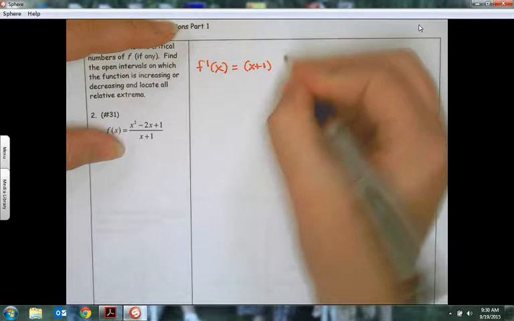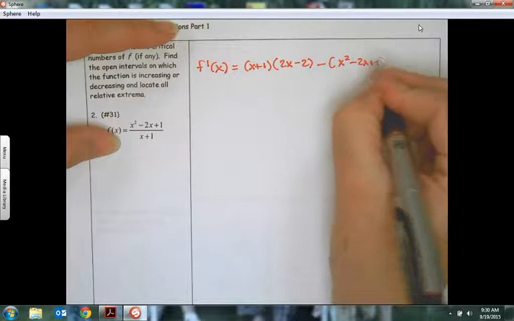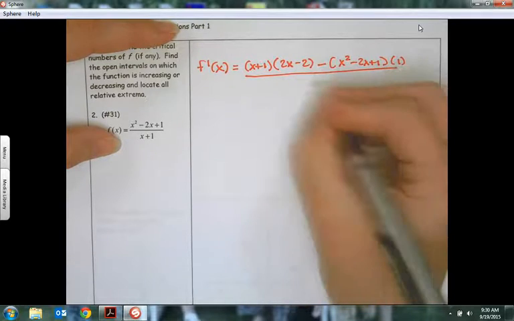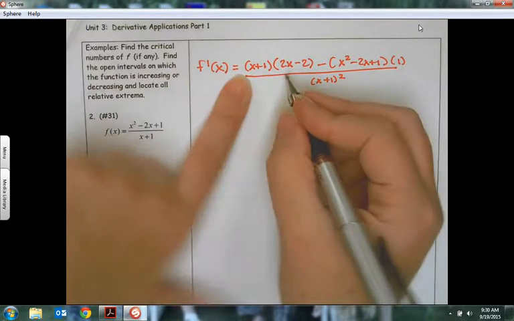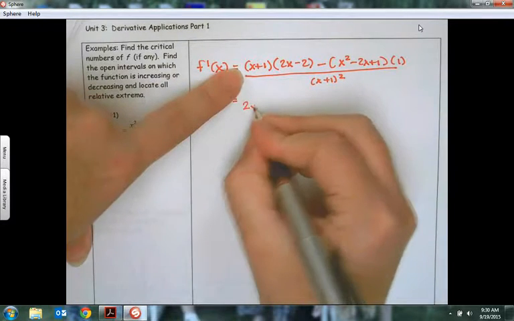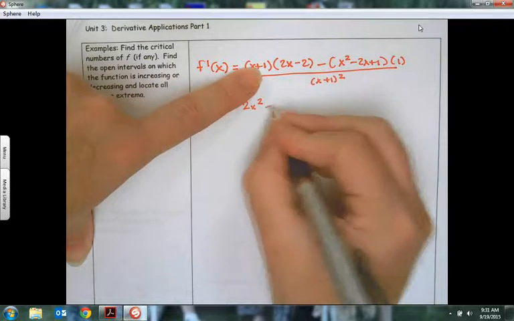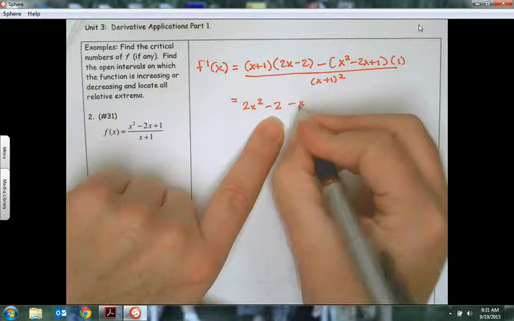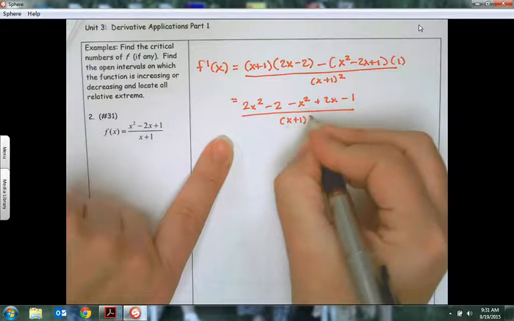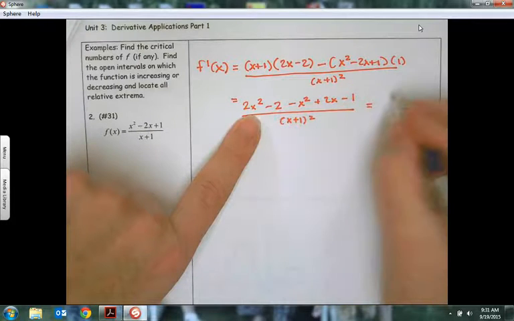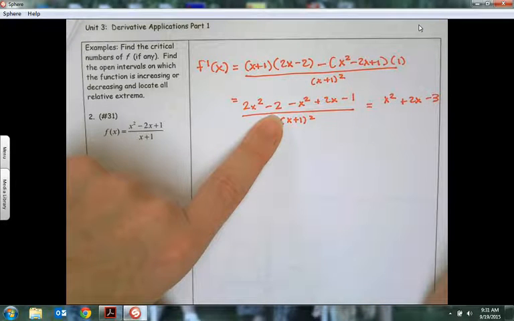Low d high, minus high d low, all over low squared. Oil, woohoo, alright, 2x squared, plus 2x, minus 2x, and then minus 2, minus x squared, plus 2x, minus 1, squared, plus 2x, minus 3,